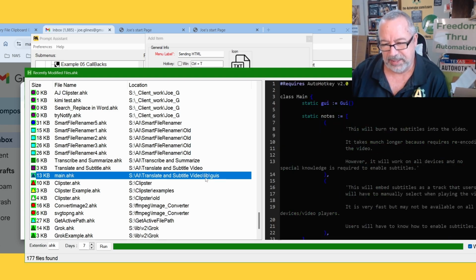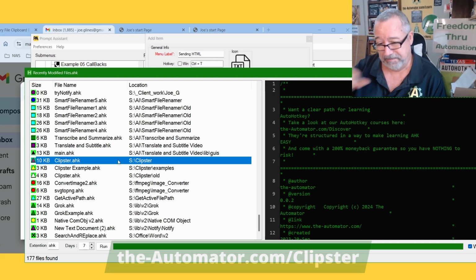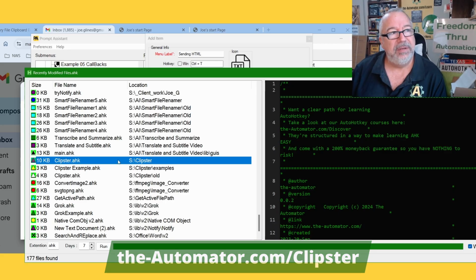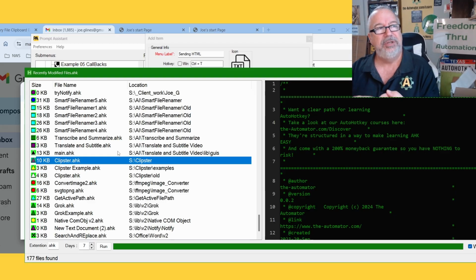When I used the translate and subtitle to get it back into their Clipster, as I mentioned, I'm making some updates so we can handle pushing files into your clipboard or probably rich text. I did some little research and it mentioned some other stuff, but I don't think the other ones are so rare that it's just not worth it. But if we had pictures, HTML, rich text, and files, to me, that's like the vast majority of how you